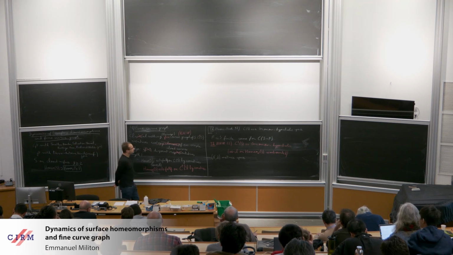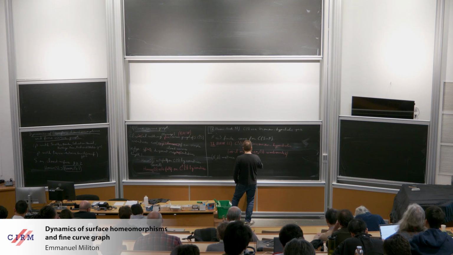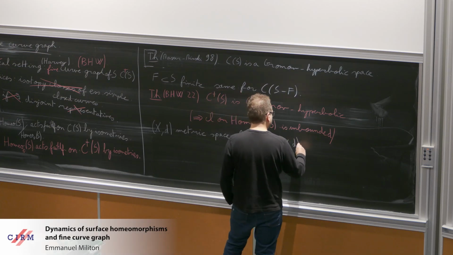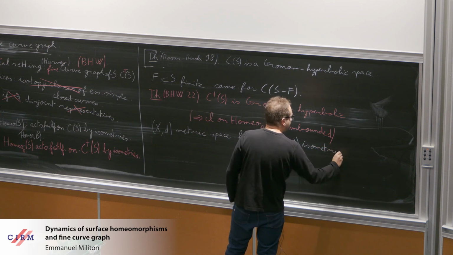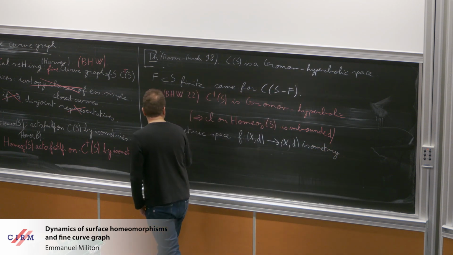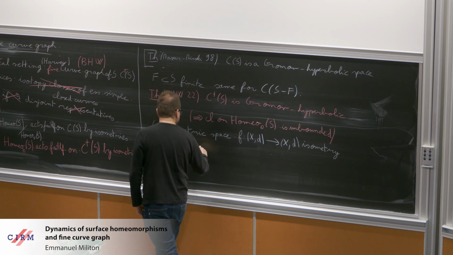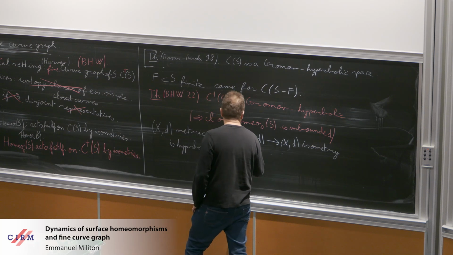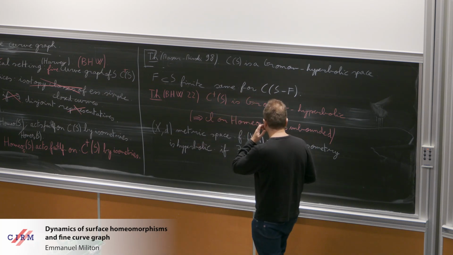What does it mean? So take an isometry. We say that this isometry is hyperbolic if there exists a point in your space, or equivalently for all points in your space,